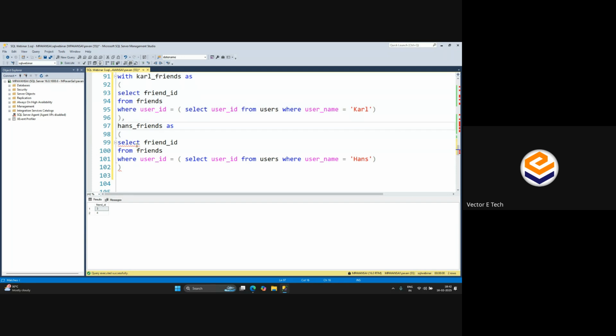I'll write it as, and then we can write it, right? Now after this, what do we need? Select. I want user. From the users table, I want user ID. From the users table, I want user name, right? From users,